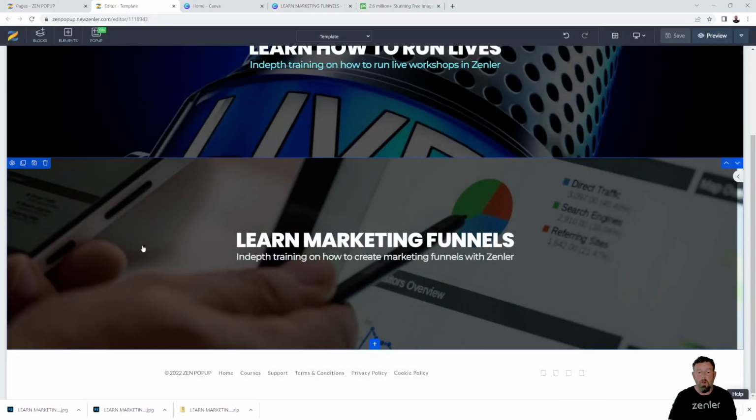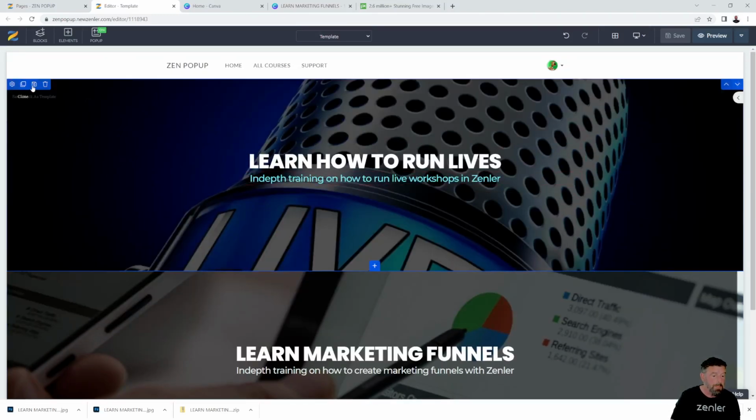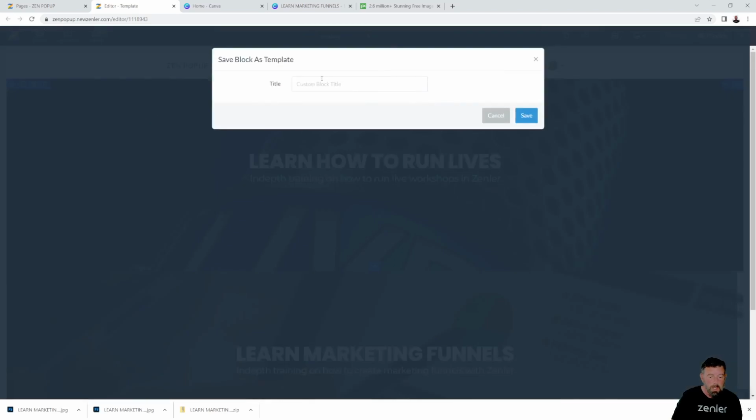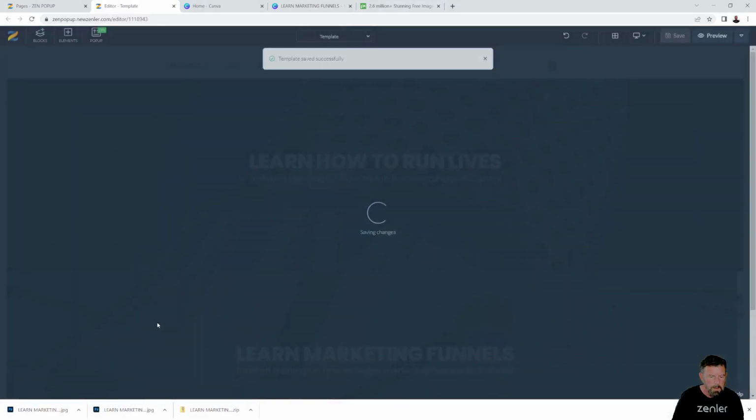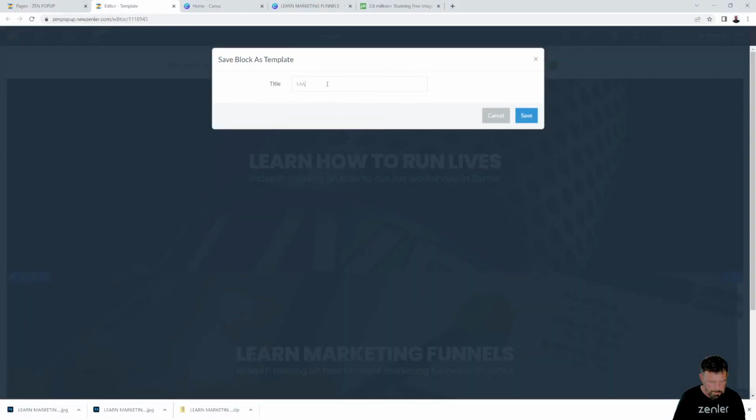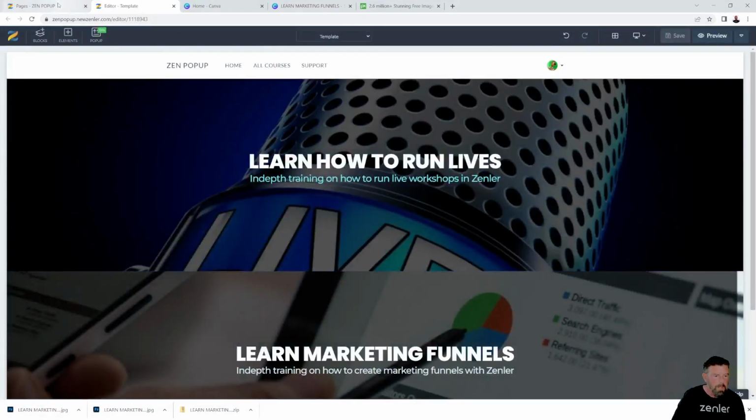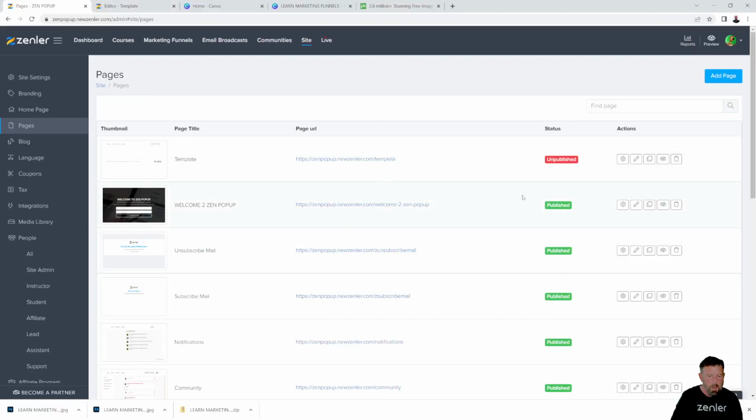So reusing content or having a template page makes it really quick. So if I save this out, let me just save this block. Let's call it run lives block. Okay, click save. And let's call this marketing. And click save. All right, so now we've done that, I could jump into, say, my home page, my welcome page,